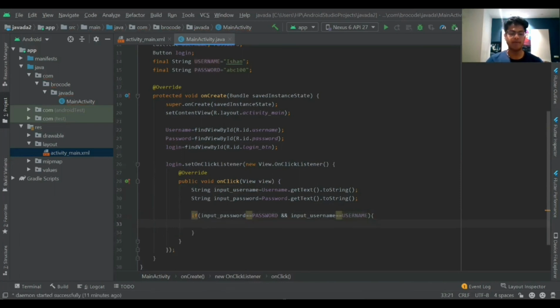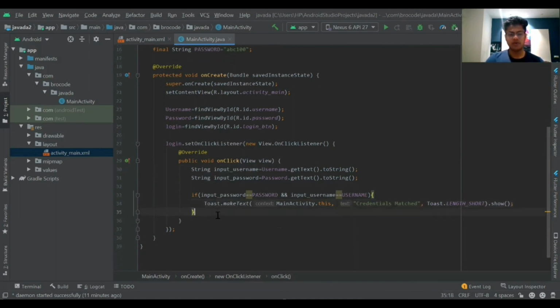A toast is the simple pop-up that says the login was successful, that is, the credentials were correct. So we're going to make a toast, and in the text we're going to write credentials matched. Okay, else